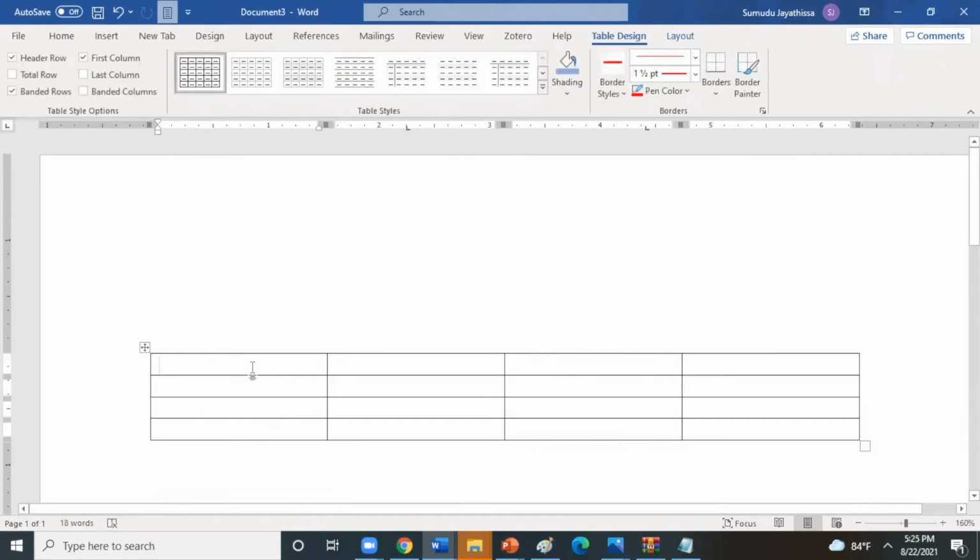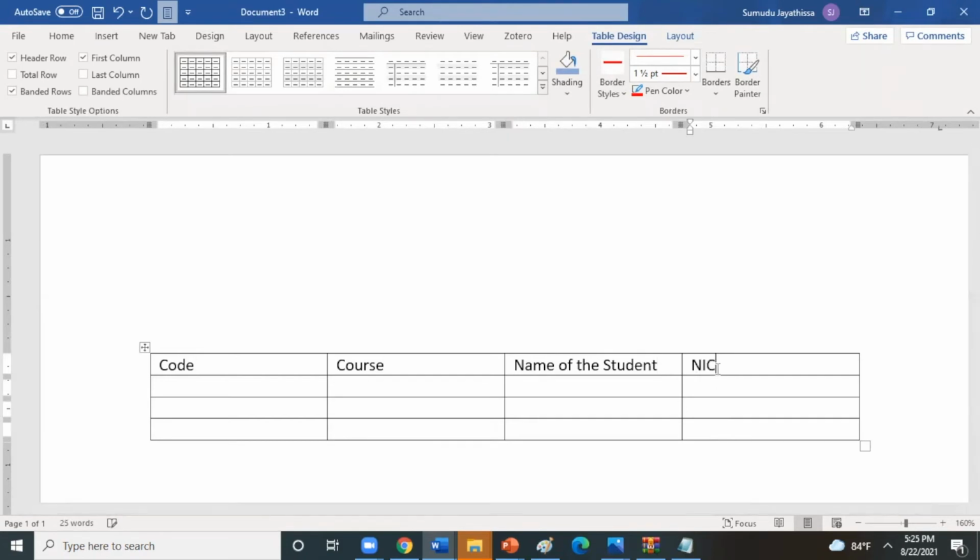You can type the title here: course, name of the student, NIC number. Likewise, you can give headings.